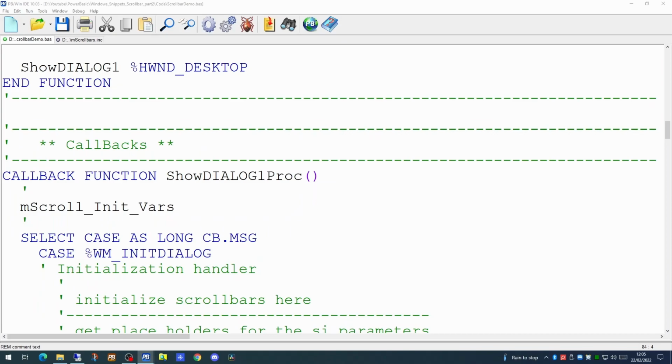In pasting in the name of this macro, what will happen when PowerBasic attempts to compile this application is it will replace this macro name with the content of the macro, which means to initialize all these variables in any other dialogues, we merely have to paste in the name of the macro. It makes your code look much cleaner and saves a great deal of typing.